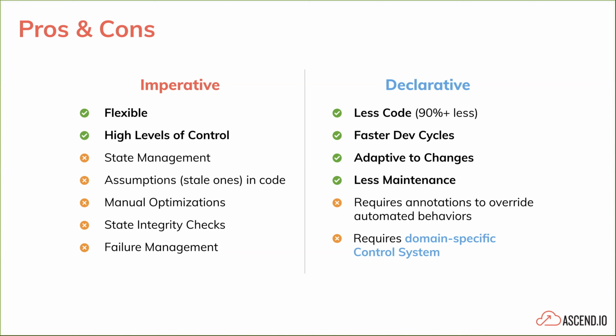However, because we said everything has trade-offs, there's cons, of course, to declarative. And the two main cons that you'll see in a declarative system are, one, because the declarative system is wired up in a certain way, in a case where we were saying we just want to always mirror up everything in this blob store to Redshift, then any type of behavior overrides are typically done with annotations. And then the second part, which is what we're really going to get into, and this is the link from the first part of what is declarative and imperative to what is absolutely necessary as part of declarative pipelines, is a domain-specific control system.